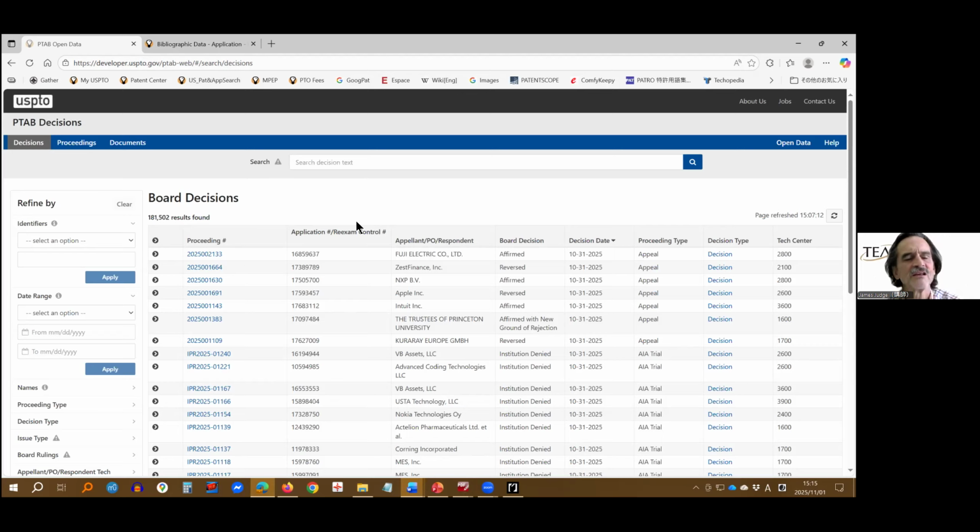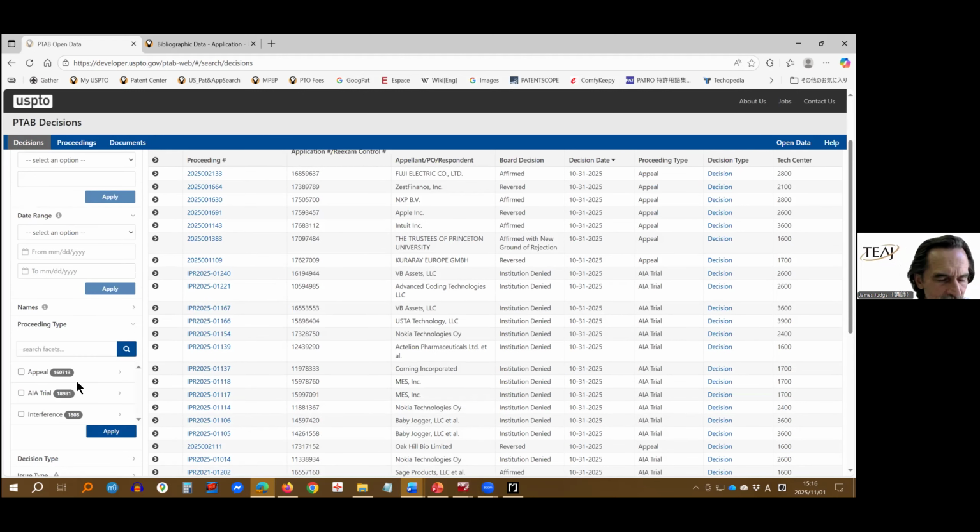The other type of proceedings are trials, and trials are inter partes. Trials are trials for invalidity. And of course, a patent owner never wants to invalidate his or her own patent, or the company doesn't want to invalidate its own patent. So a trial for invalidity always involves another party. So it's between the owner and a party interested in invalidating the patent. And both kinds of opinions are in this database of board decisions. Board means the Patent Trial and Appeal Board.